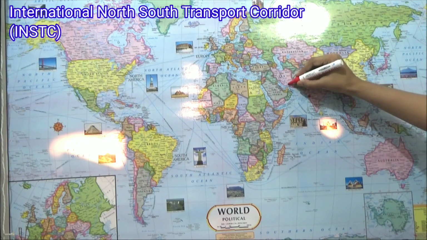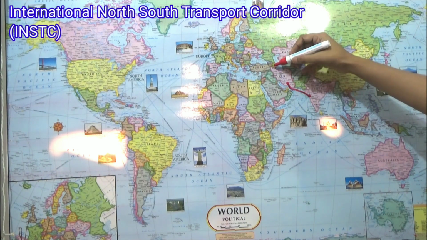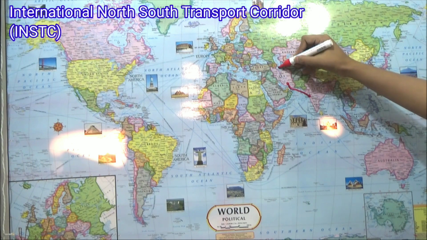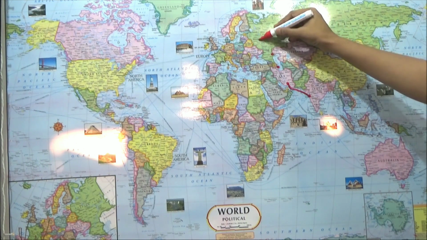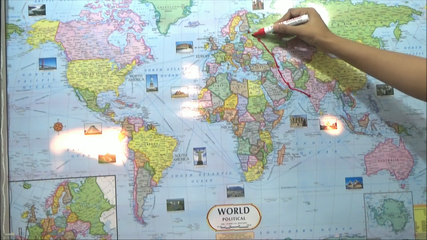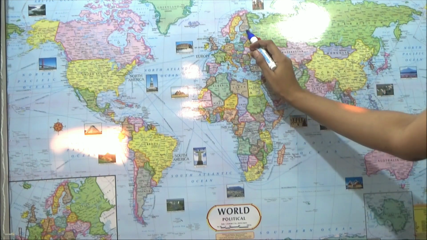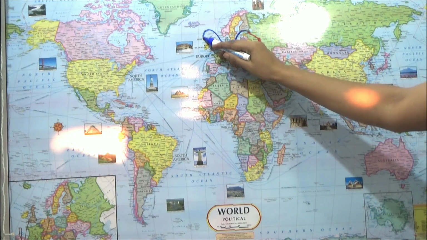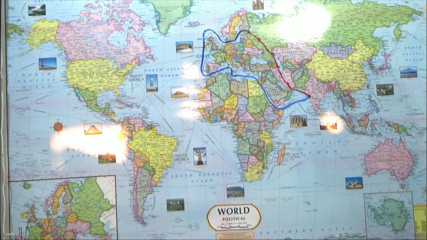Now I am marking out the points of the International North-South Transport Corridor. So it goes from India to Bandar Abbas in Iran, and then to Azerbaijan, into Moscow, and then St. Petersburg in Russia. So connecting all these dots, this particular route is the North-South Transport Corridor, and now I am drawing out the standard route. So it was a very long route. This particular corridor was also in the news for a very long time, so it's also very important for us.